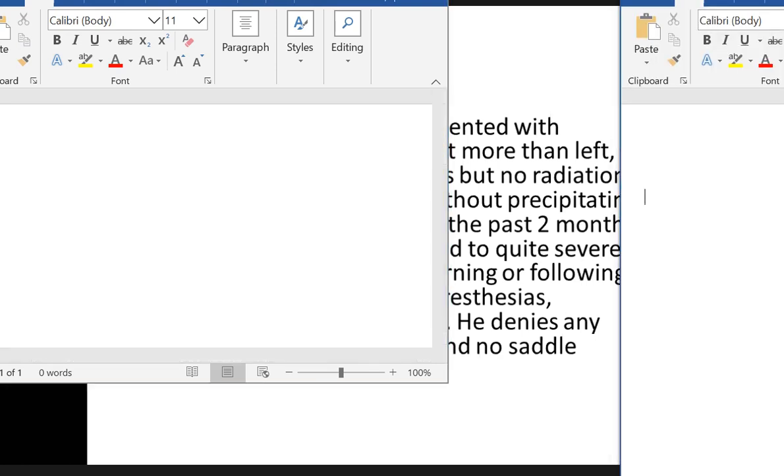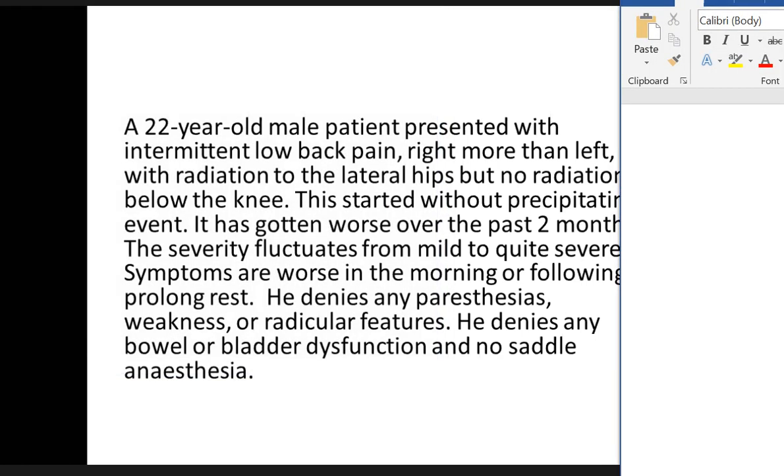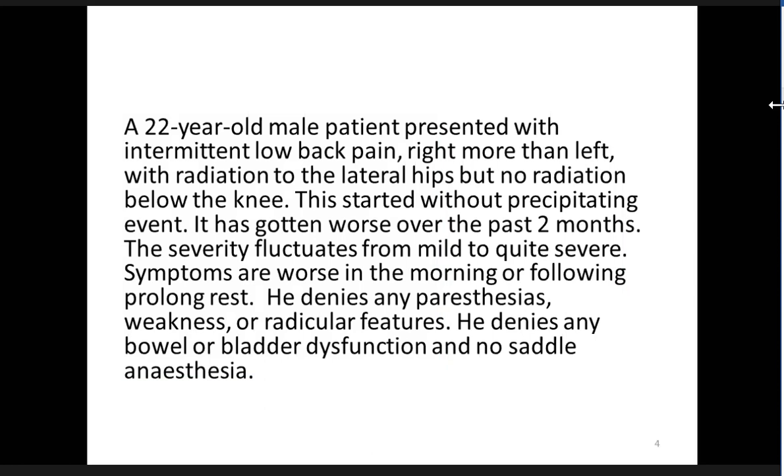Case history, right? Now there is a 22-year-old male patient. At the moment, I hope that you all have background knowledge. You have studied about spondyloarthritis and rheumatoid arthritis as well, right? And this is the short case history. A 22-year-old male patient presented with